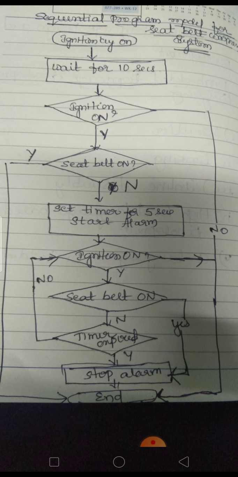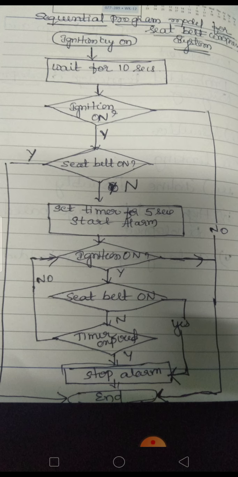FSM represents states and events. It is the same as conventional procedural programming. Here the program instructions are iterated and executed conditionally, and data gets transformed through a series of operations. FSMs are a good choice for sequential program modeling. Another important tool used for modeling sequential programs is the flowchart. This is a flowchart. The FSM approach represents the states, events, transitions and actions, whereas the flowchart model is execution flow.